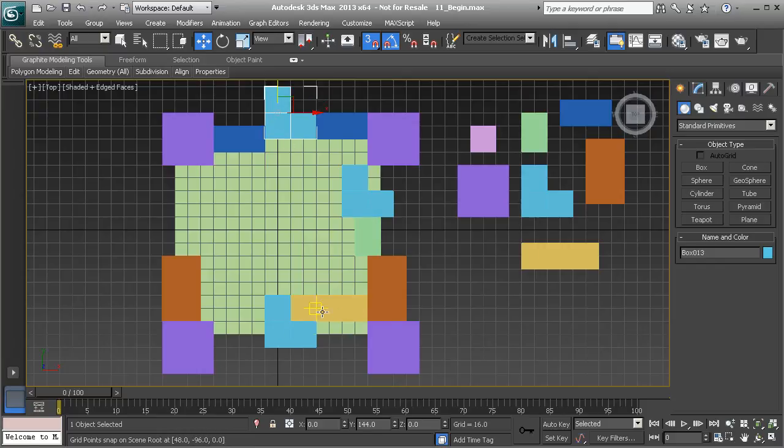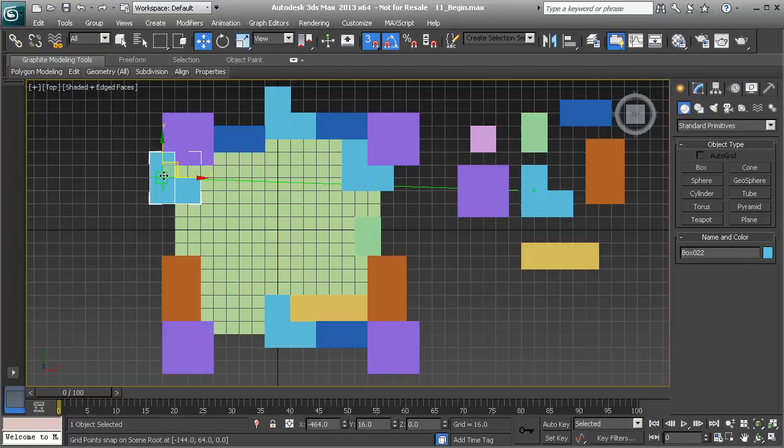Okay. And let's take this guy. Hold down Shift. Plop that there. Hit OK. And then let's take this and put it right there. All right. So now that we have that, let's take this guy and let's put him right here and hit OK. So we've taken care of that issue, and it looks like we've got one space for that 5